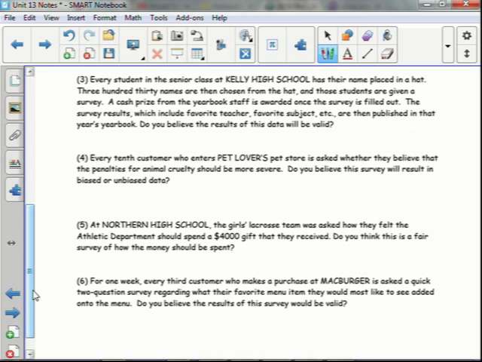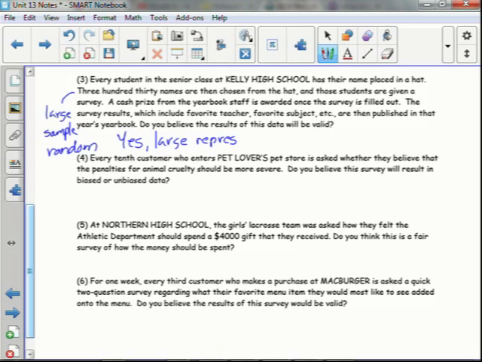Well, they're putting a lot of people in there. The whole school, everybody in the senior class has their name, and then they're drawing a large sample size. Okay, so this is a fairly large sample. That's a good thing. All right. What else do we have? It's random. They're just pulling it out of a hat. So do you believe that these will be valid? Yes. Okay. They have a large